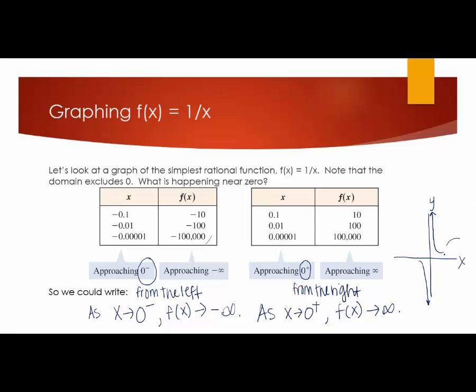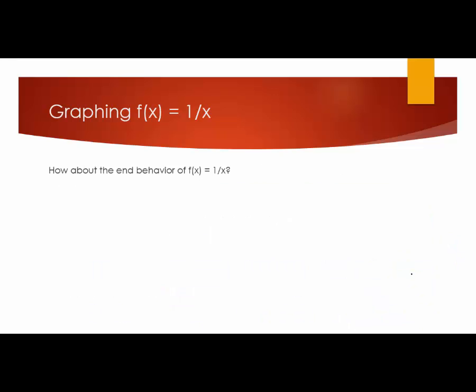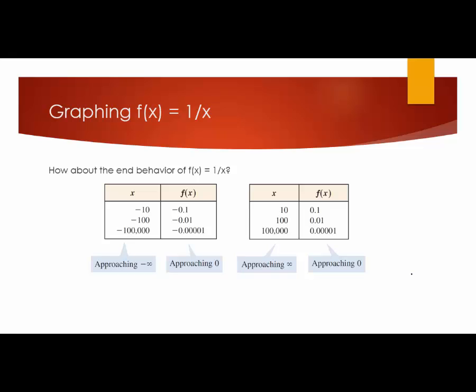Okay, so then we might wonder, well, what's going on at the ends? And certainly we can make a table of values and plug in some points to get a little more precise here. But if we want to look in general at what's happening on the ends, or the end behavior of f, we might consider a table in the same way. If we look at the very end on the left as x approaches negative infinity, so getting bigger and bigger here, it looks like our y values get teeny tiny, close to 0, from the bottom. And if we look at what happens as our x values get really huge, approaching positive infinity, well, again, we're